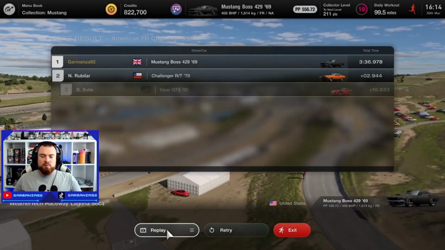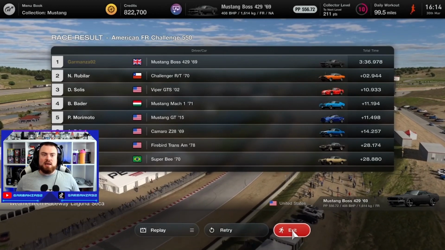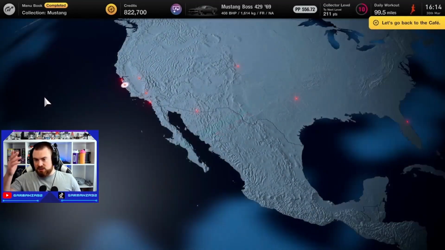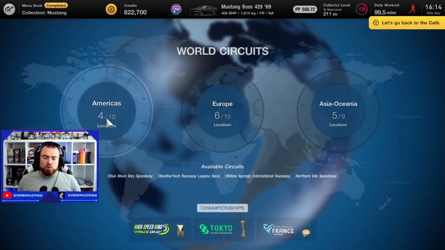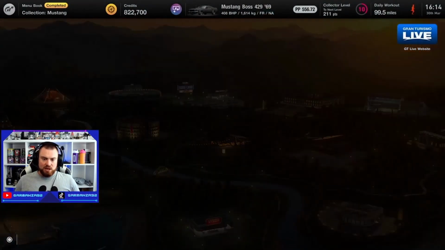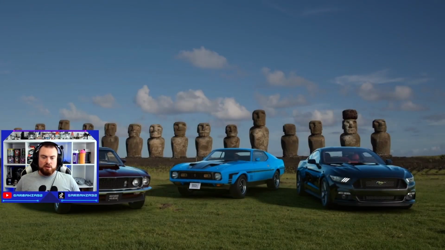So, with that accomplished, let's dive straight out of this and get back to the cafe, as we need to go back to Luca and talk to him about these legendary vehicles. As you can see there, let's get back to the cafe. So that is what we shall do. We will head straight back to the menu and we will go straight into the cafe. So here we are, menu book 14,